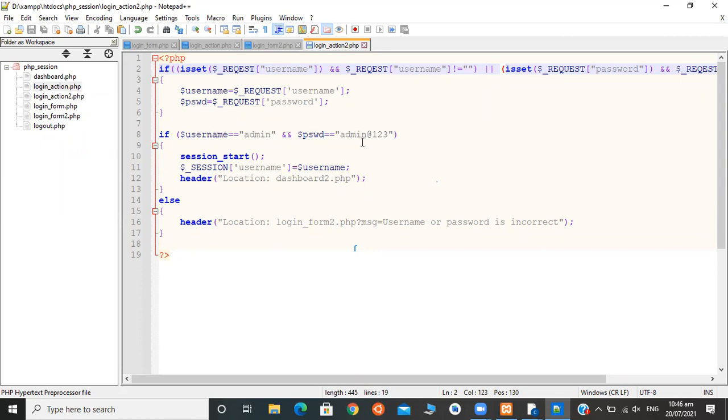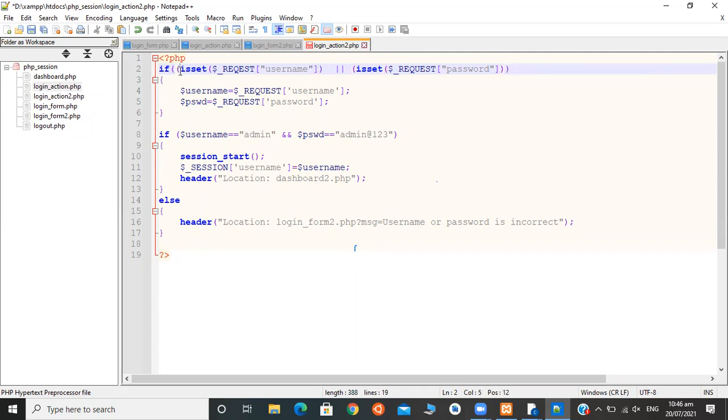We can give this condition here also. We don't need it here.